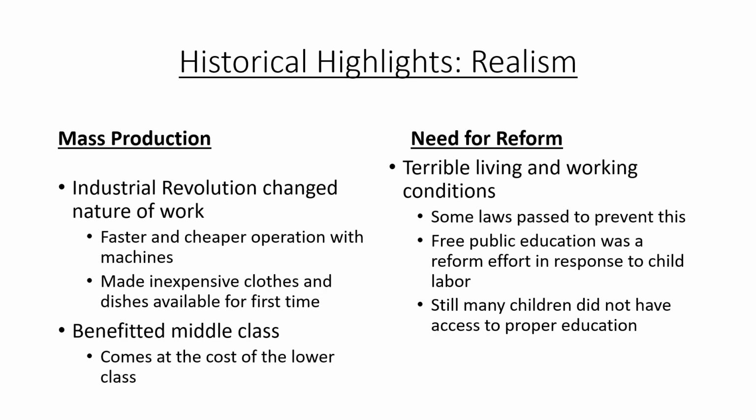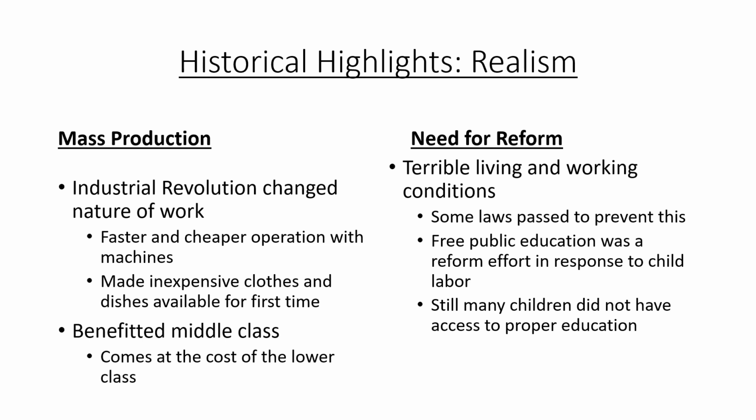Again, continuing that train of thought in the Industrial Revolution, because that is going to be one of the primary things we look at in terms of realism, we see that industrialism changes the way that people do work. So again, you're able to work faster, you produce more in the same amount of time, but you also can produce things more cheaply because rather than simply relying on human hands, you're relying on human hands in combination with machines. So for example, you can make these inexpensive clothes that prior were very expensive because people are taking their time and doing them by hand without the assistance of machinery.